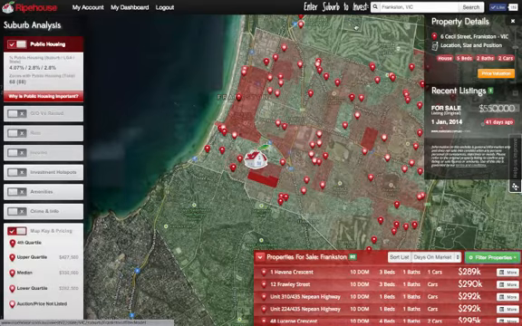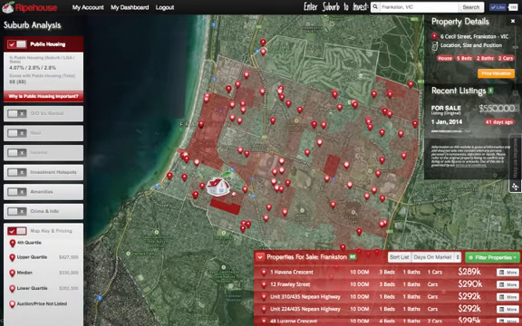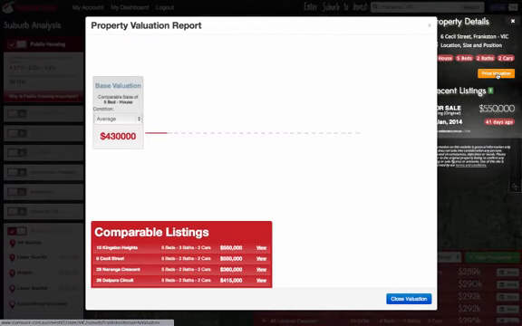I won't execute that search. I don't really want to take any of these properties off the map just for my example. But this one that I've selected is in public housing. This is the next step. You want to see how that location of that property affects its valuation. So let's click on the price valuation button and that's going to get a pop-up in front of us now,